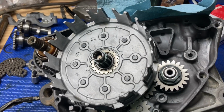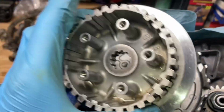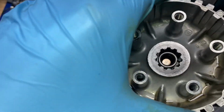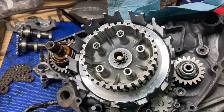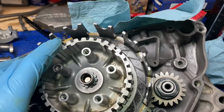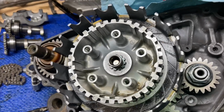All right, guys, after that, install your washer and then your clutch hub. And this clutch hub, as you can see, is splined. So just be careful when you're installing that. And it's a little bit tough to get on, but it should go on eventually. And then install your plates. So it's gonna go friction plate. And it's usually a good idea to soak these with some oil for about 20 minutes before you install them. But these were just soaking in oil, so